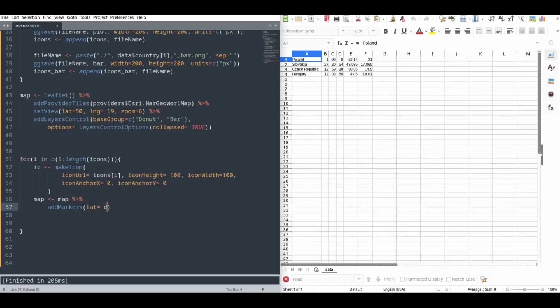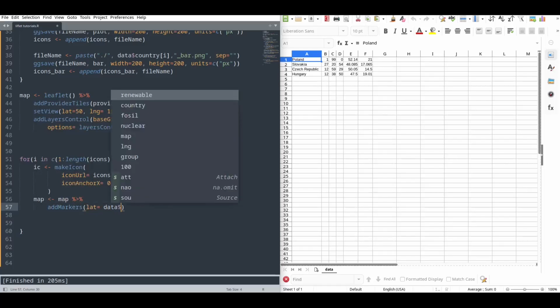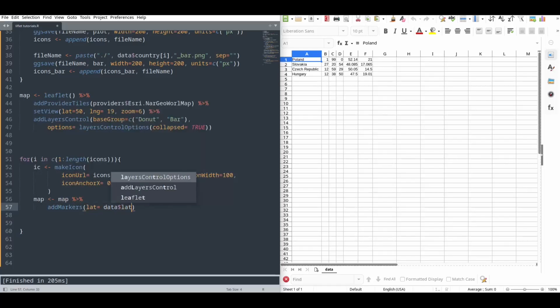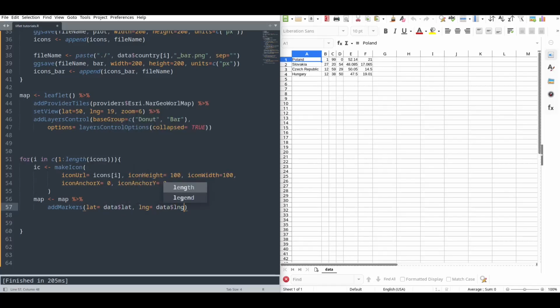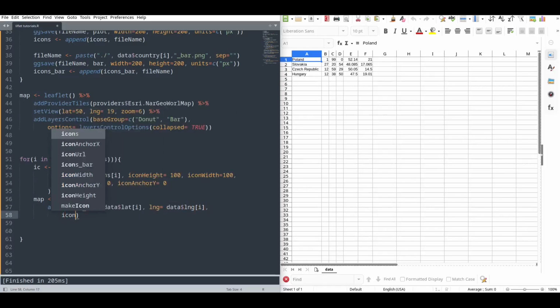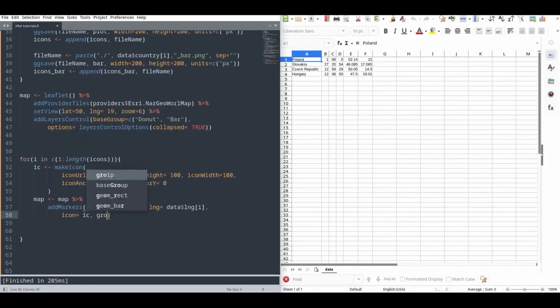With latitude is going to be data lat and LNG is going to be data LNG, but all of that with index of I. Okay, then we need icon of IC, and now we are going to set